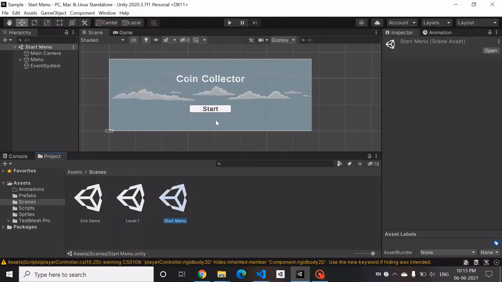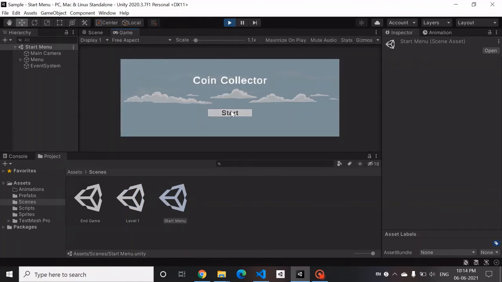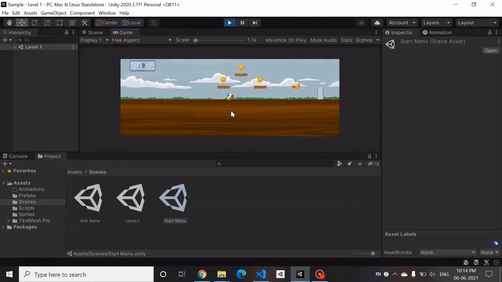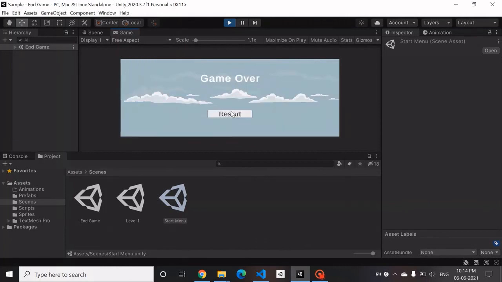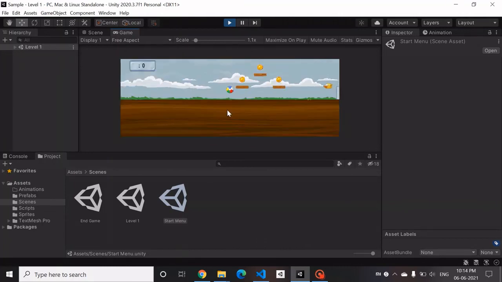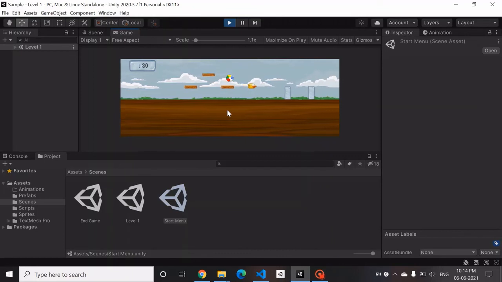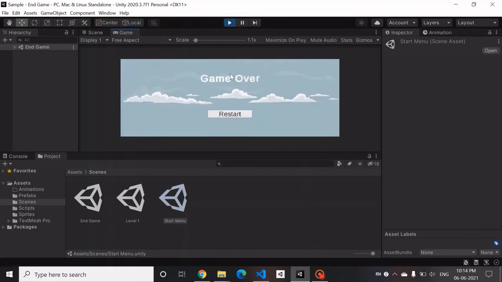So this is where we are initially. Let's start the game. We go to start, we start playing the game, we get out, we go to game over, and we can restart. So these scenes seem complete now, and our game looks very realistic.